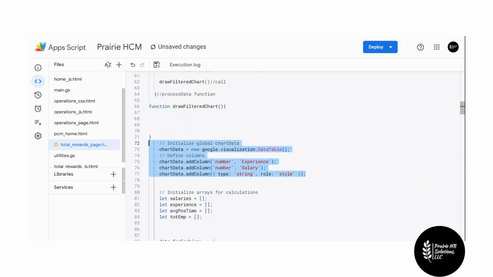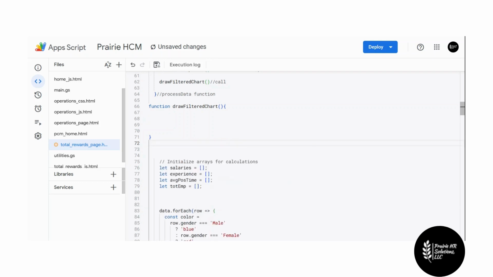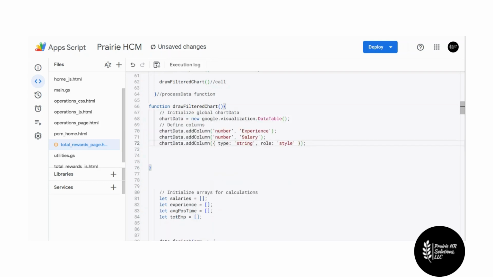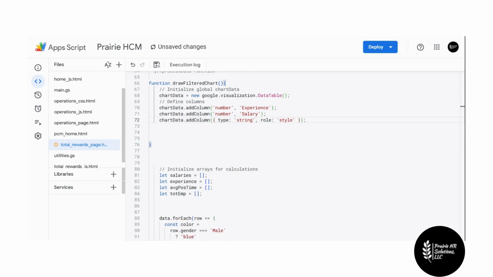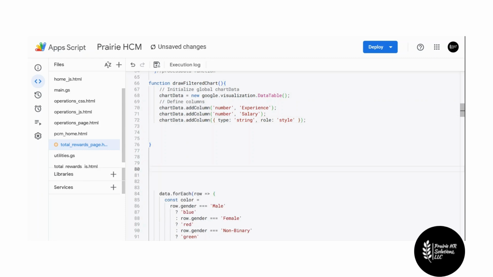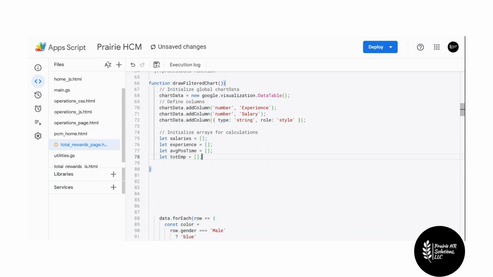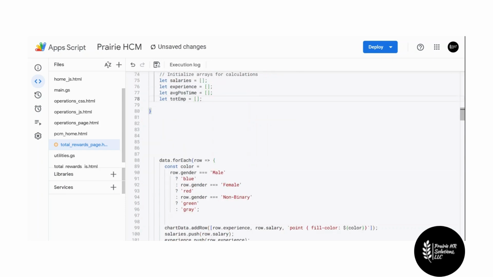Let's make sure everything's set up here. Yep. So it's going to take that. And then we're also going to need to do these. So let's grab this, put these in here. And then, of course, we're going to need our for each, but we're going to have